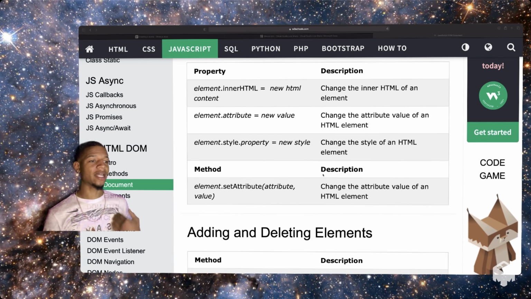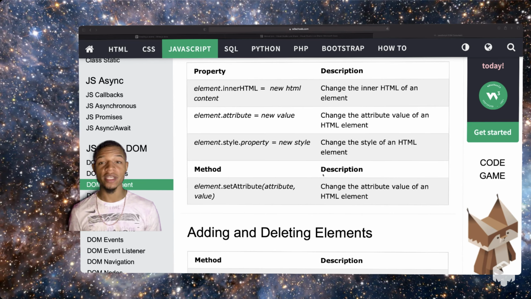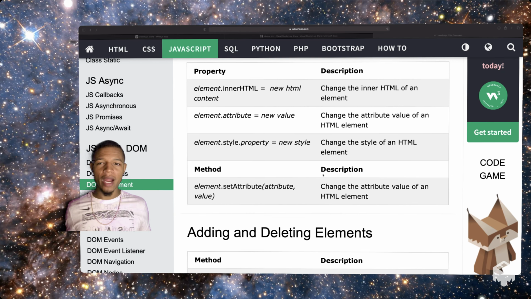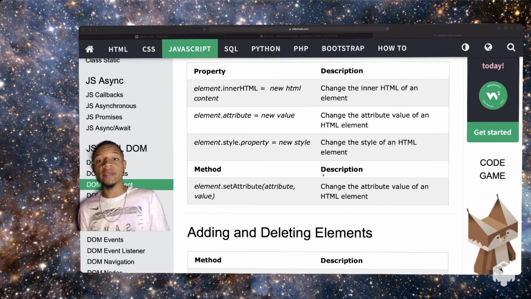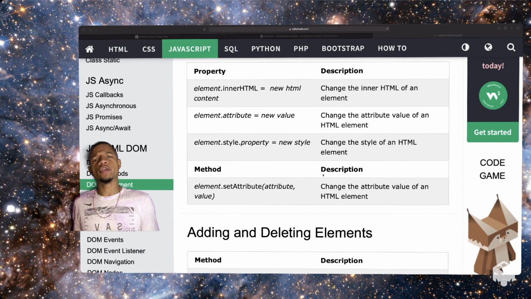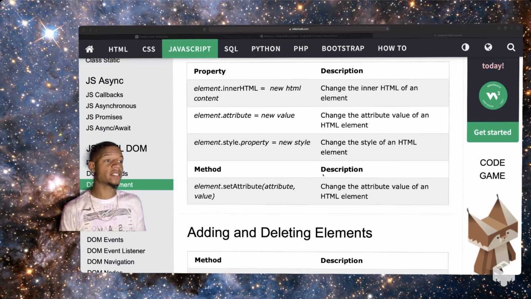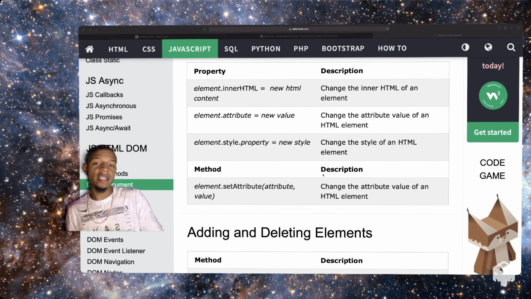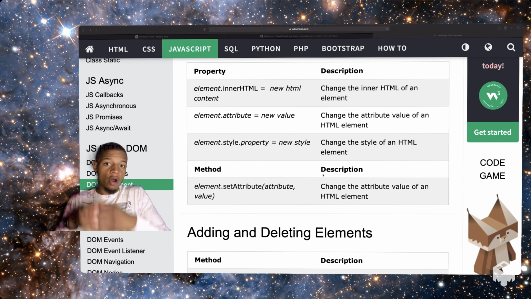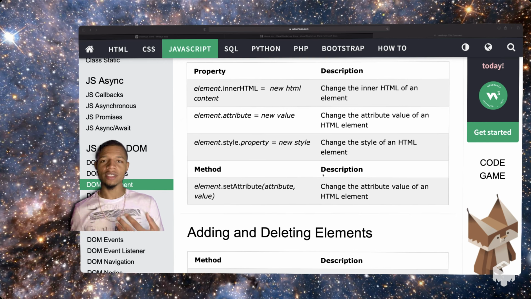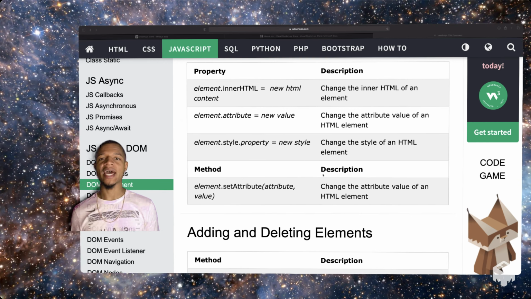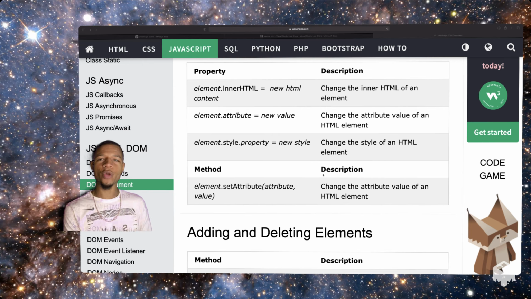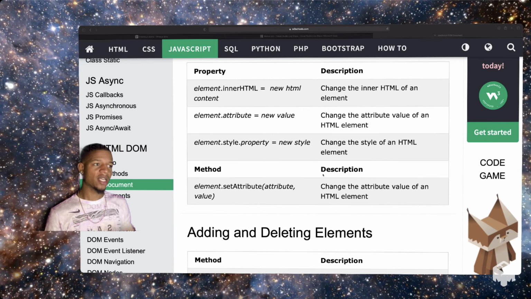And then the last one that I really mess with is the element.style.property. So like element is image again, and all elements have this style property. Remember, you can do inline styling on an element in HTML, or you can do your styling in a CSS file. Well, here basically what they're saying is we can grab that style attribute, and then that style attribute also has attributes, right? So the style has attributes, and what type of attributes does it have? It has background color, it has height, width, like all the CSS attributes, and then you set it equal to